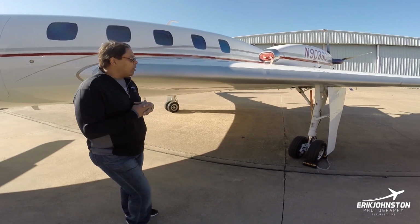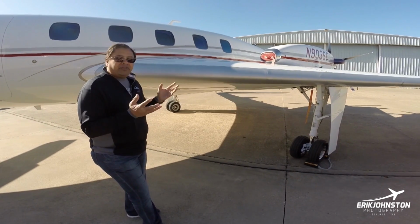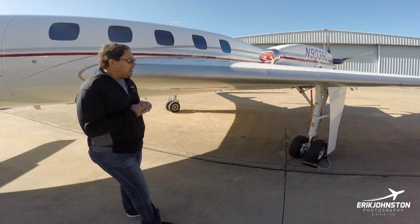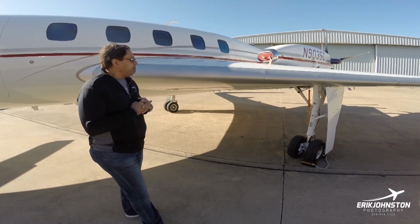The airplane is very robust, very overbuilt, as I call it, and all good things for an airplane that you want to fly. And 30 years later, that's one of the main reasons we operate the airplane. The other